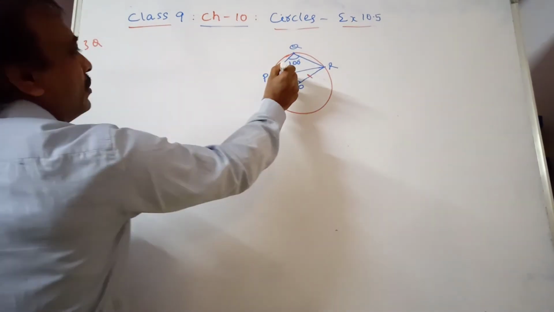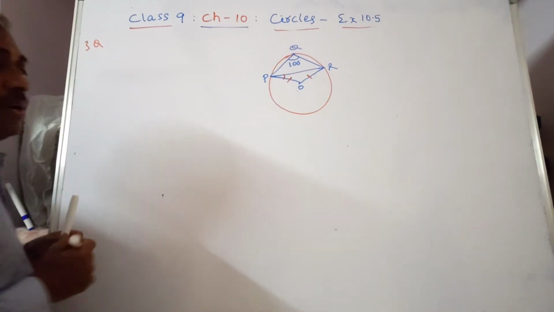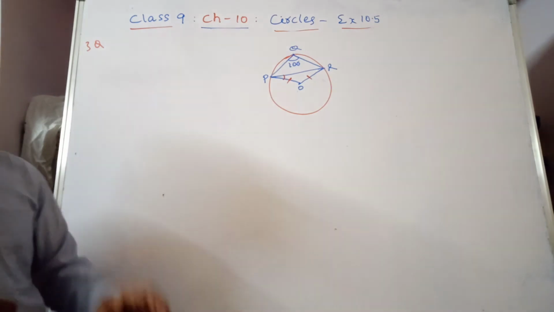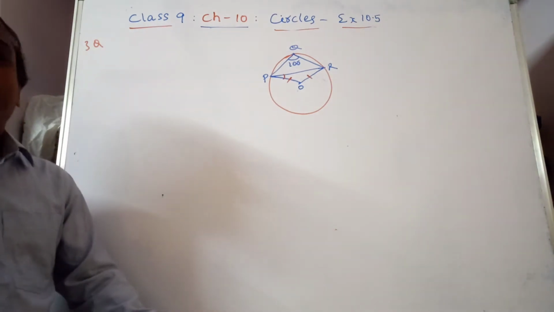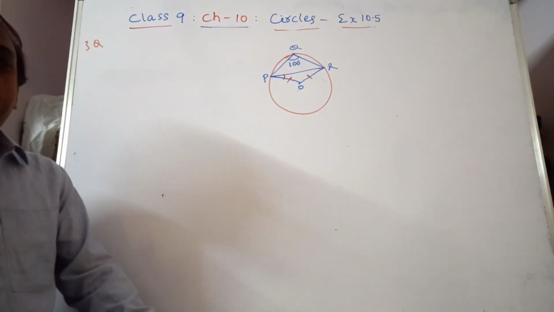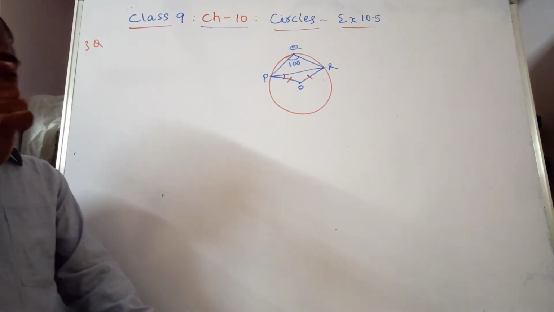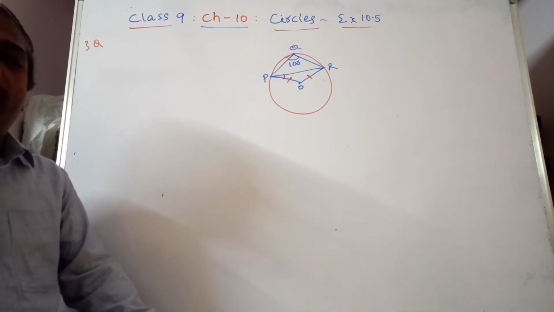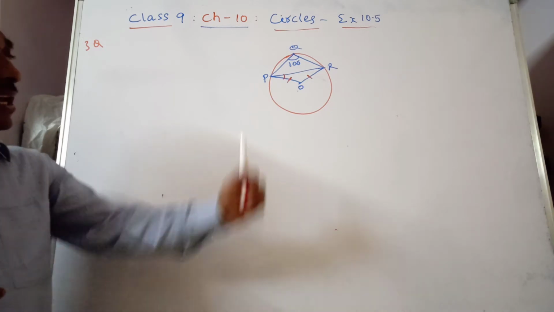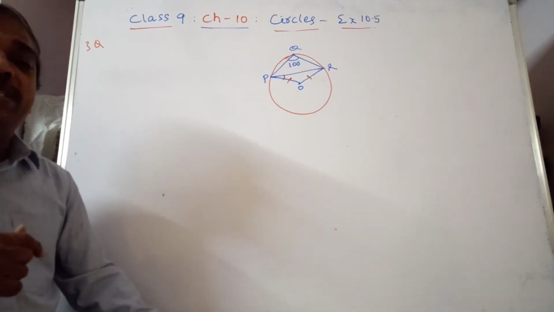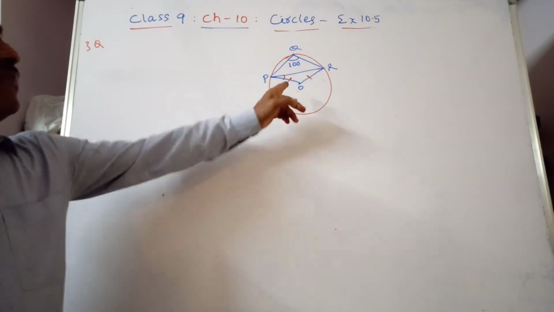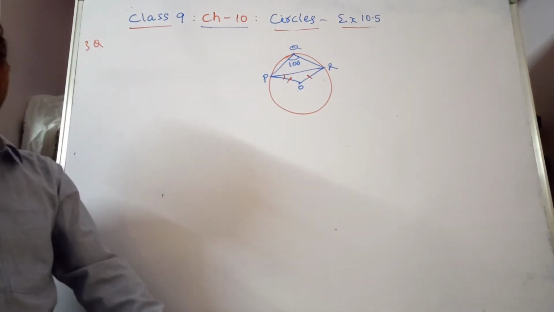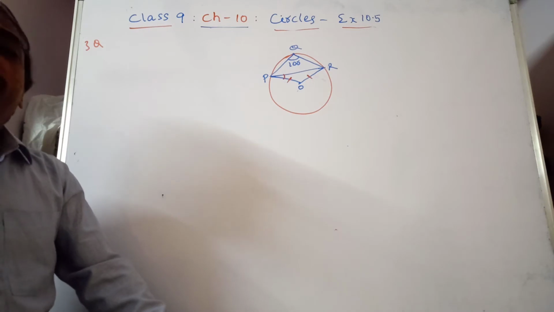We have to find out this angle. Even the previous question and this question can be solved by using another concept. In the previous question I told you to use theorem 10.11, which says opposite angles of a cyclic quadrilateral are supplementary. So here also we use the same concept. Even this can be solved by using the reflex angle concept. Both the previous question and this question we can solve by using reflex angle.